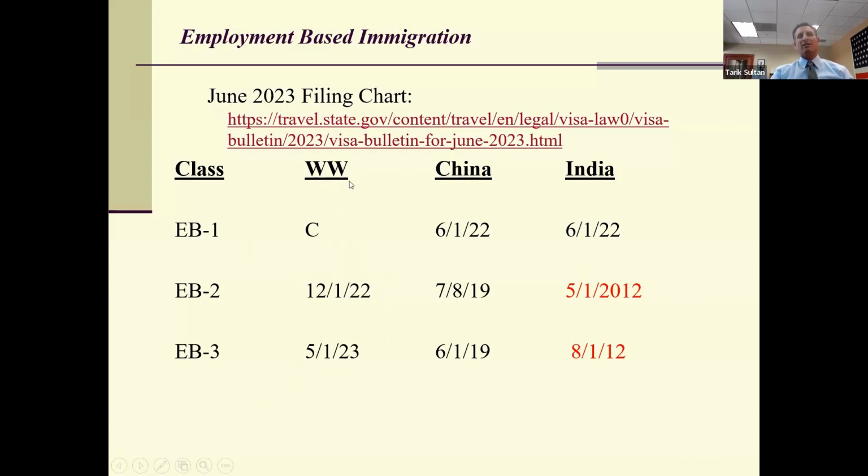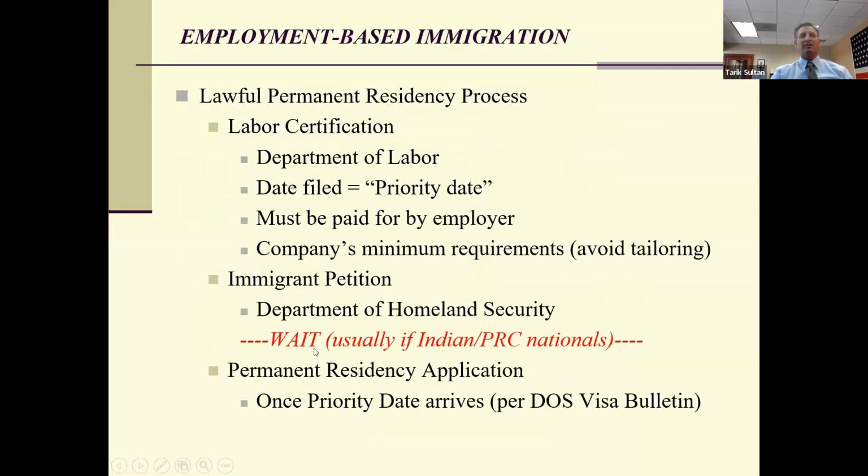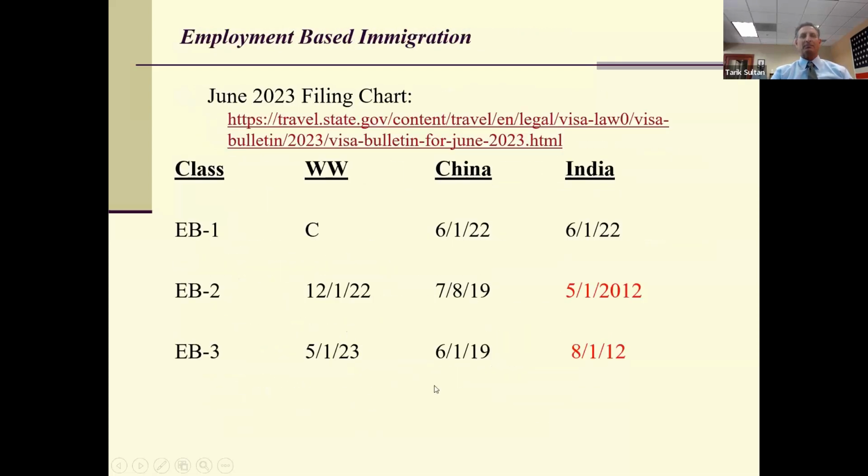And as you can see, the backlogs are not really very severe for EB1, 2, or 3, first, second, or third preference, unless you're Chinese or Indian. The Chinese have multi-year backlogs, so they will sit in this waiting line for a year or two before they can file that step 3, watching that chart to get to their priority date. But the poor Indians, you know, they get their I-140 approved, they're going to be waiting 11 years to be able to file that green card. So Indians really have it bad as far as this goes,